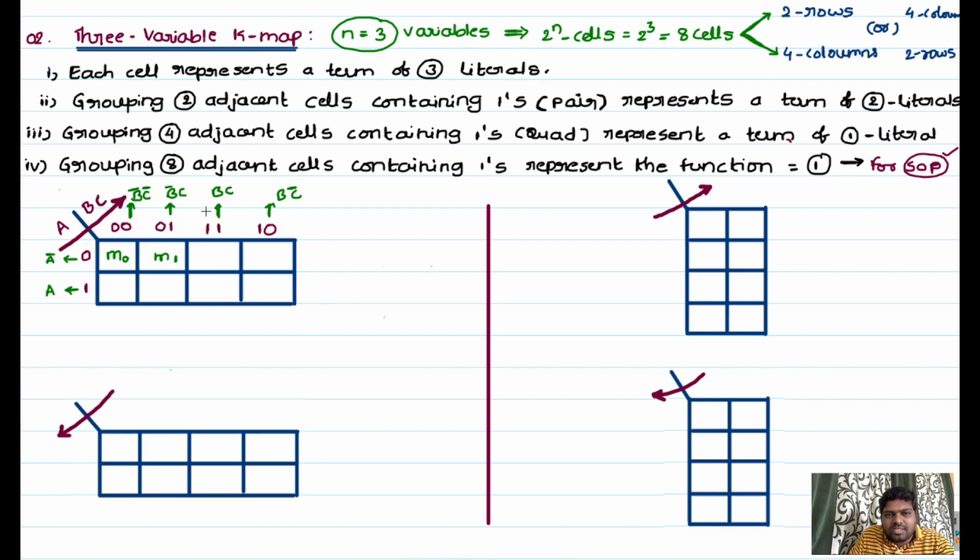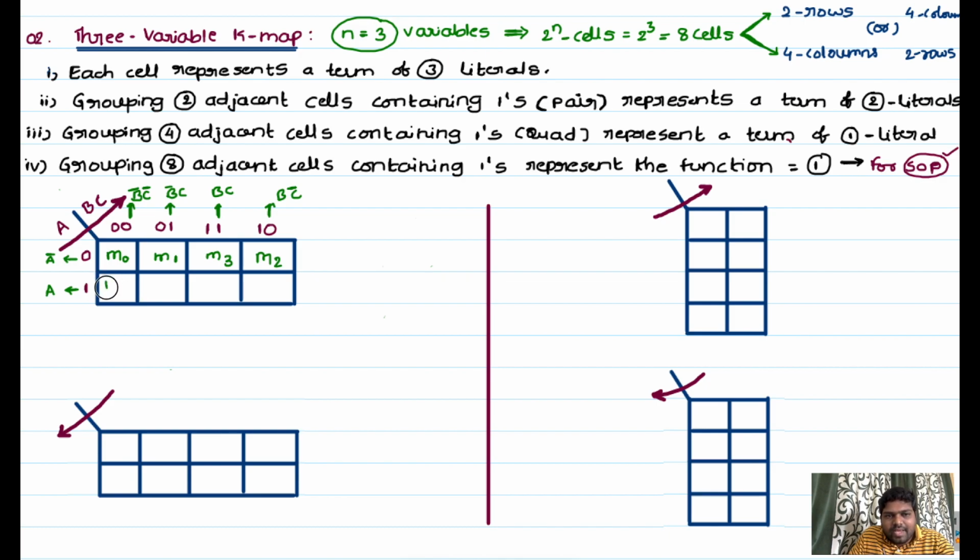Okay, why? Because this is 0 sequence, 1 sequence, 3 sequence and 2 sequence, so here I am taking m2. Okay, and after that here I am taking m3. So this arrangement can be done because of gray code sequence to maintain the adjacency property. So that's why here I am arranging the numbers also the same way. So 0 1 3 2. After that we will choose this particular row.